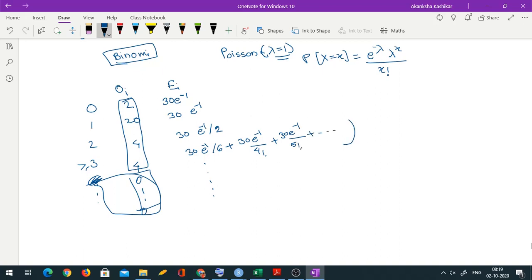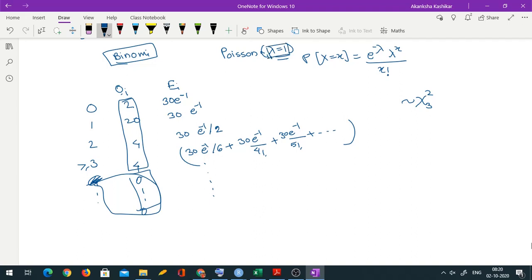The entire thing. Okay. So now I can again compute (OI minus EI) whole square upon EI. Okay. And take the sum and compare with chi-square. Is it okay? Now here how many classes do I have? 1, 2, 3, 4. So I would compare this again with chi-square 3. Okay. Here lambda equal to 1 was given.